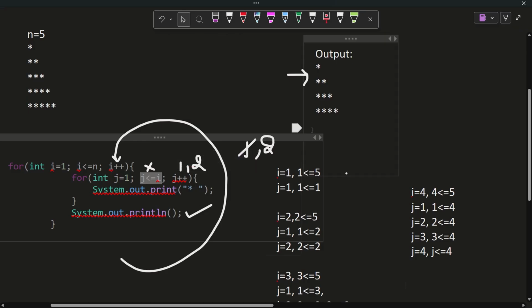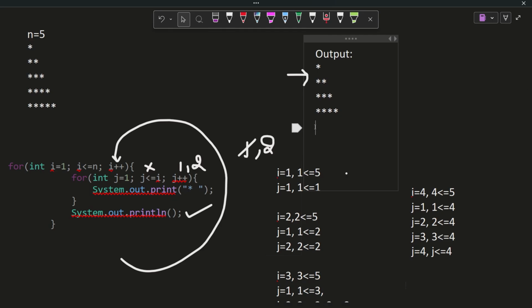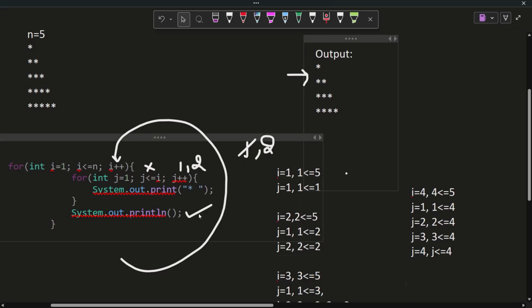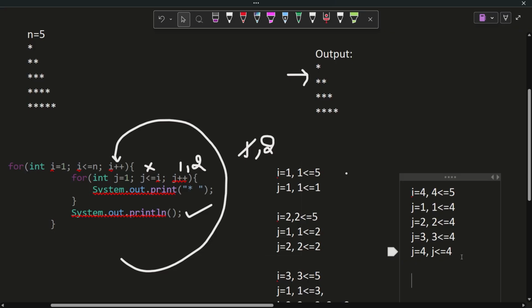So it will come out and the console will point to the next line, right? So i will be incremented to 5. Now 5 less than or equal to 5, the condition is true. So j is 1, right? Now here i is 5